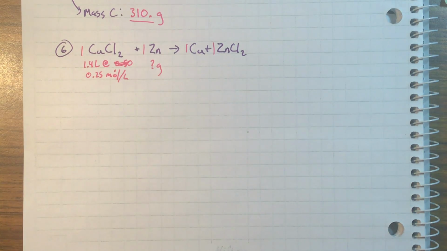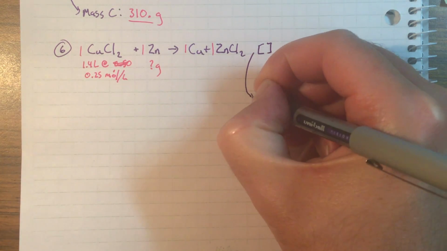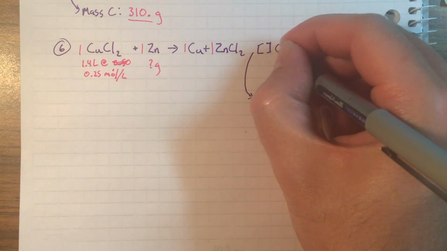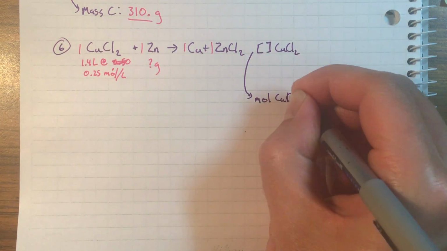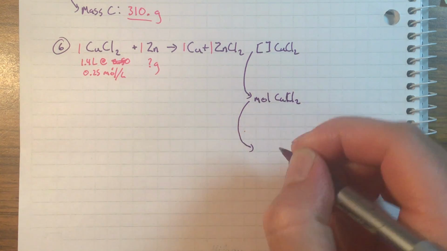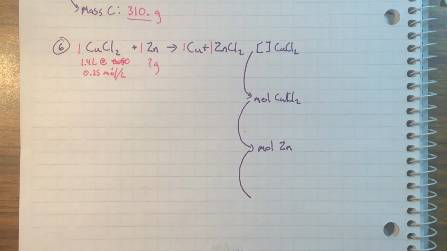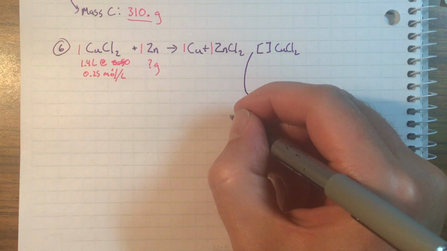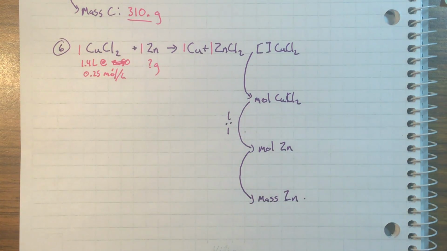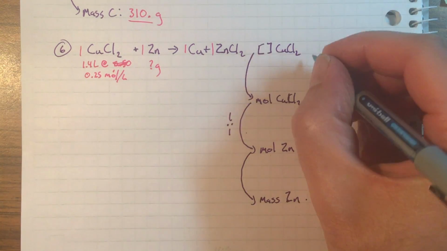good. So this one, what we've got is a concentration. We go from our concentration to our moles. We have a concentration of CuCl2. We're going to go to our moles of CuCl2. Then we're going to go from moles of CuCl2 to our moles of Zn. Then we're going to go from our moles of Zn to our mass of Zn. Right now, this molar ratio is 1 to 1. So, okay, so remember, concentration